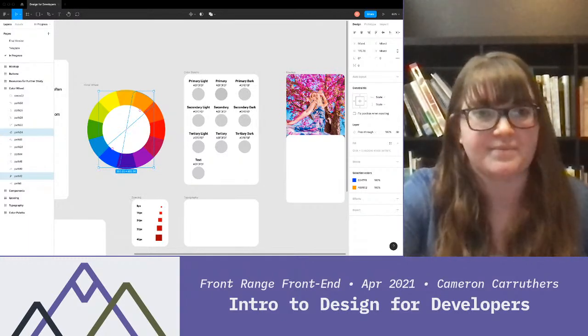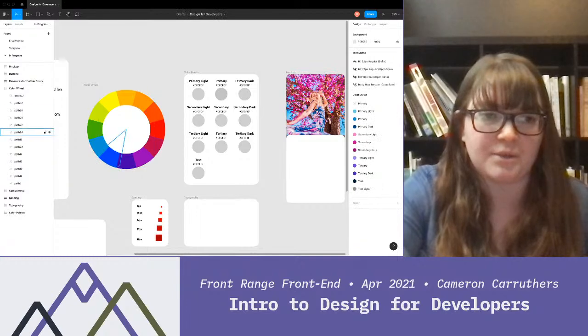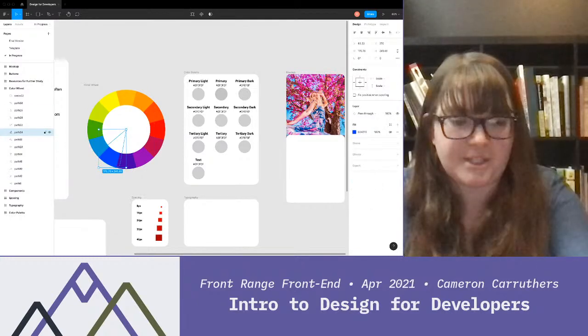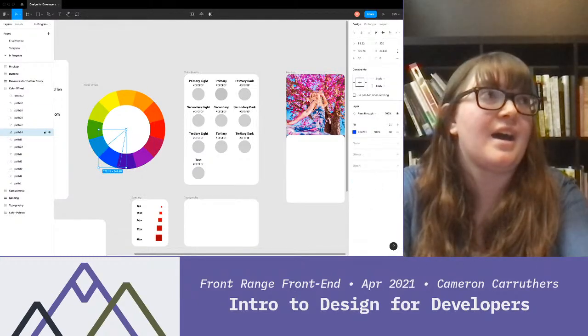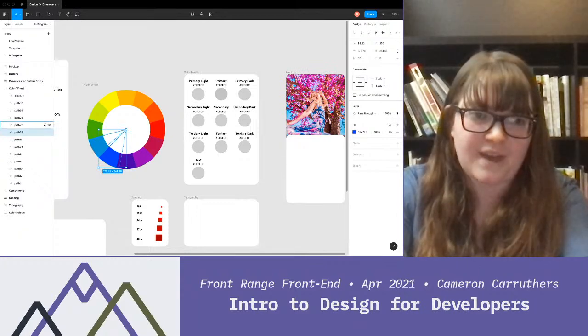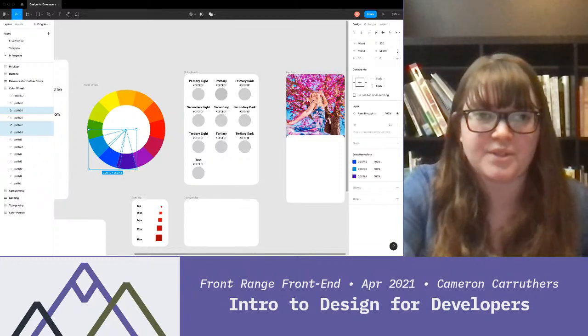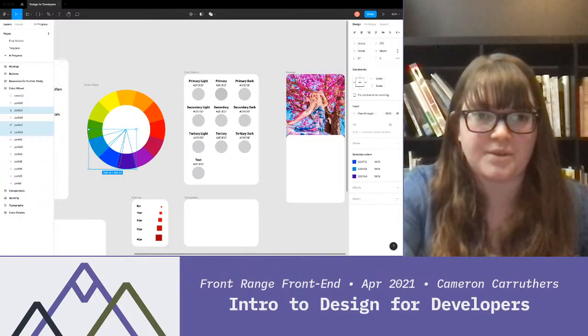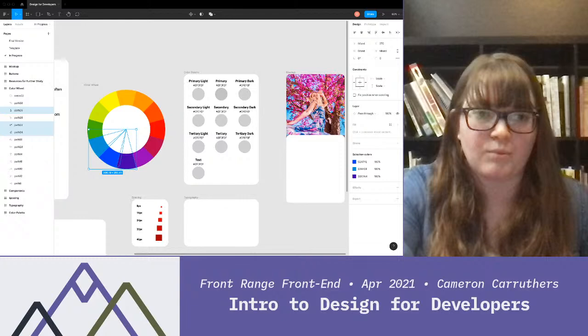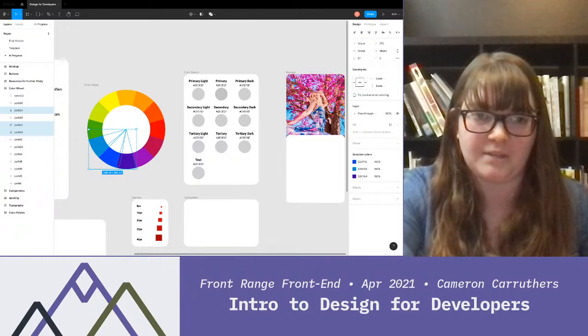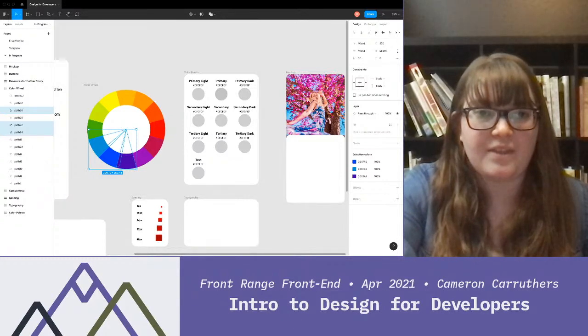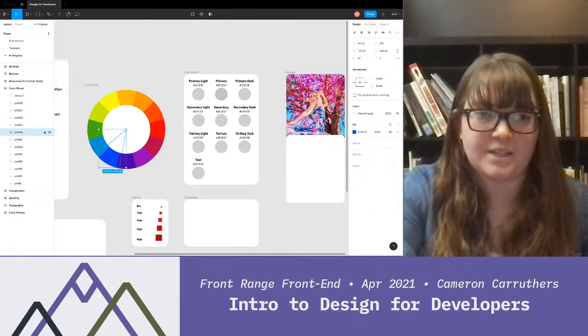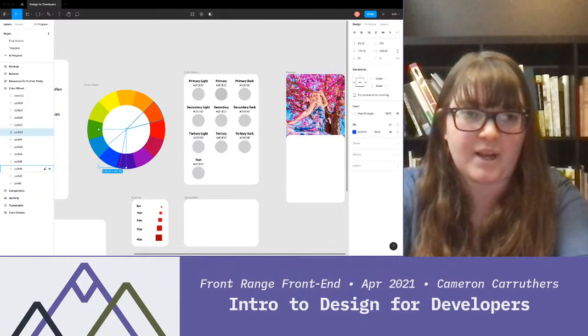Probably the second easiest. Then we could do, sorry, not complementary, I just said that. It is called analogous. So that's this one and this one. Those are the two that are right next to the color that you're picking as your primary color. And then the final really common one we can do is called tertiary. So this is instead of right across the way,